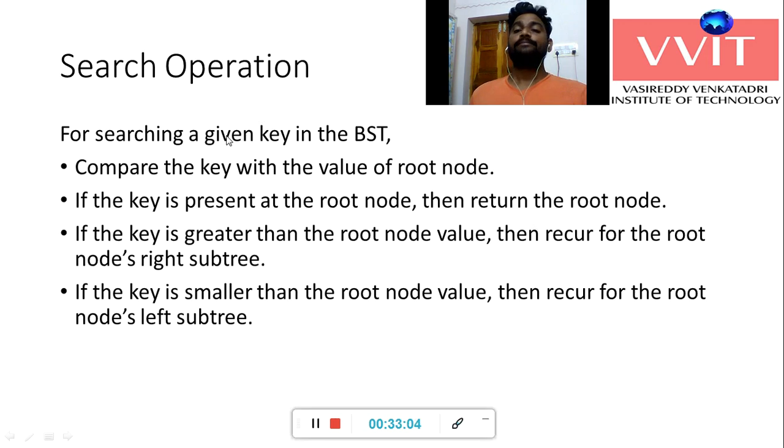First one is to read a searching node value from the keyboard and store it in one variable, the key value. The given key value is compared to the root node. Once the given key is equivalent to the root node, simply stop the searching procedure and return the root node. Otherwise, if the given key value is greater than the root node value, then recursively traverse the root node of the right subtree.